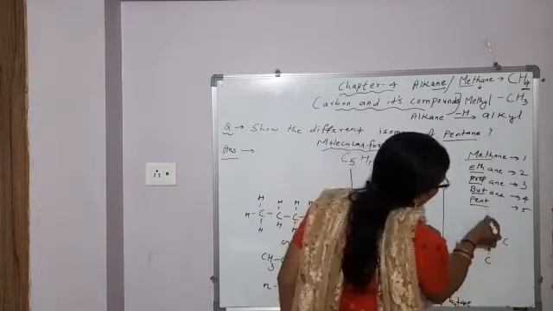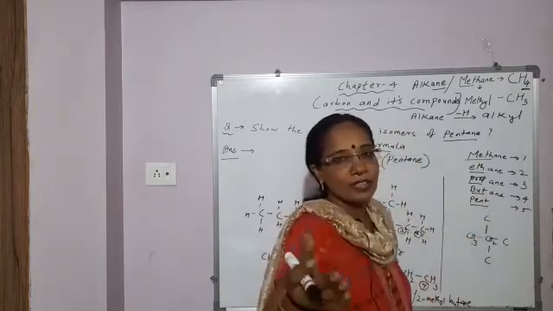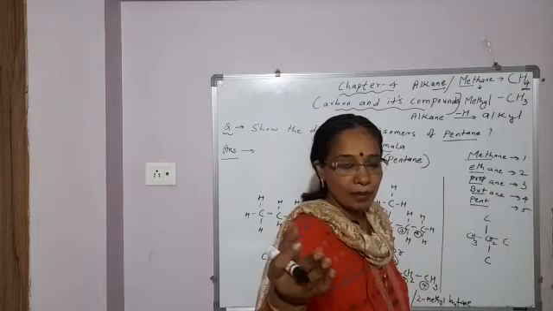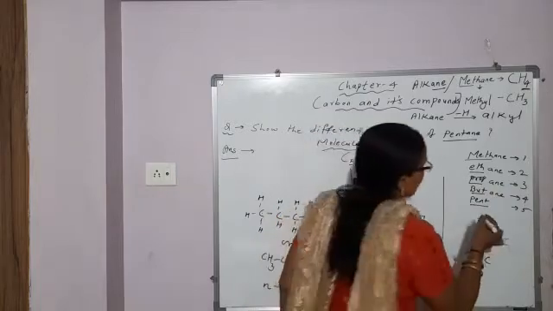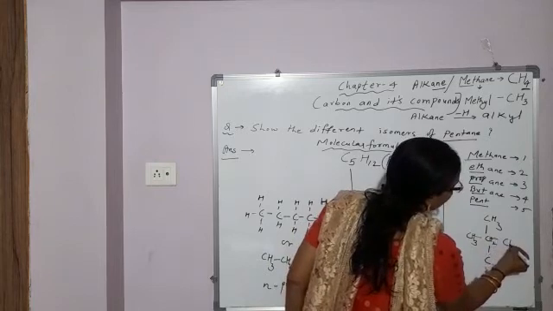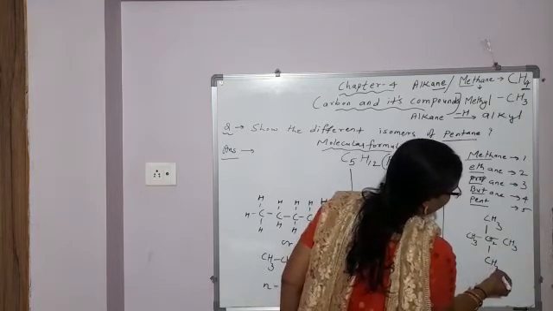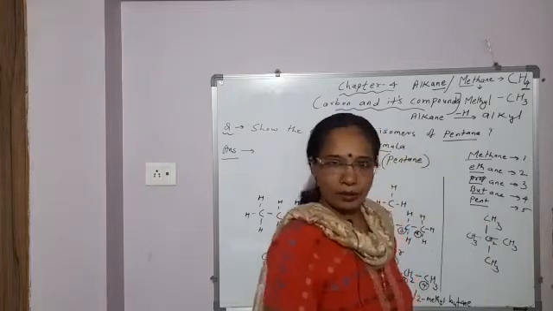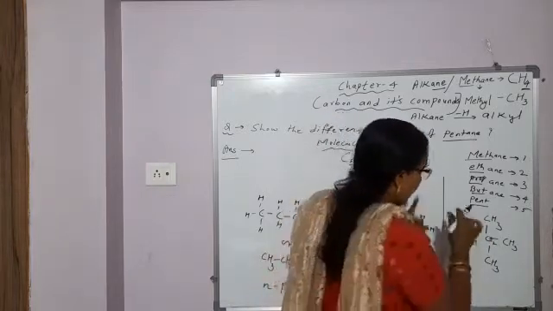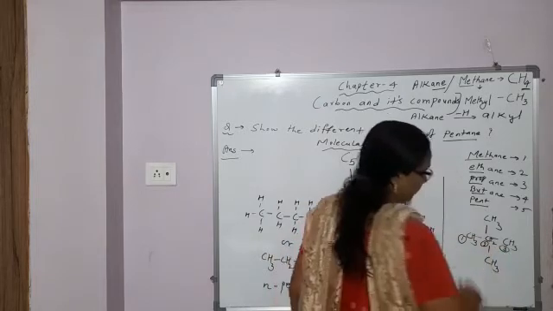Okay. This carbon is attached to 1 carbon. Satisfy the valency of carbon by hydrogen. How many more hydrogen will you add? 3. So CH3. Here this carbon, 1, 2, 3, 4, CH3. This carbon, 1, 2, 3, 4, CH3. Okay. Now numbering 1, 2, 3.